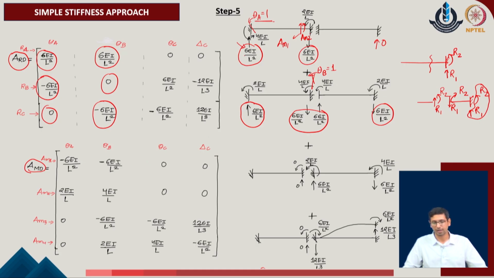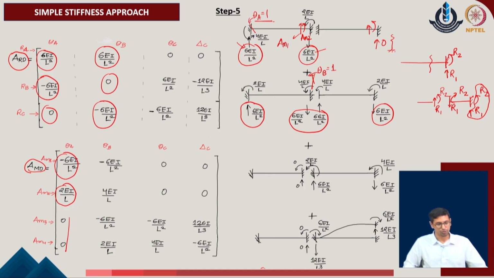So, with this idea in mind, I can go ahead with the calculation of the AM1, which is minus of 6 EI upon L square, which has been identified here, AM2 which is 2 EI upon L with the positive direction. AM3 and AM4, which are corresponding to member 2, have been identified to be 0 because this member is not subjected to any component of the support reactions of the given system. And as this member is not subjected to any support reaction, the spring force AM5 will also be 0. And with this point, we have identified these 4 values of the given system.